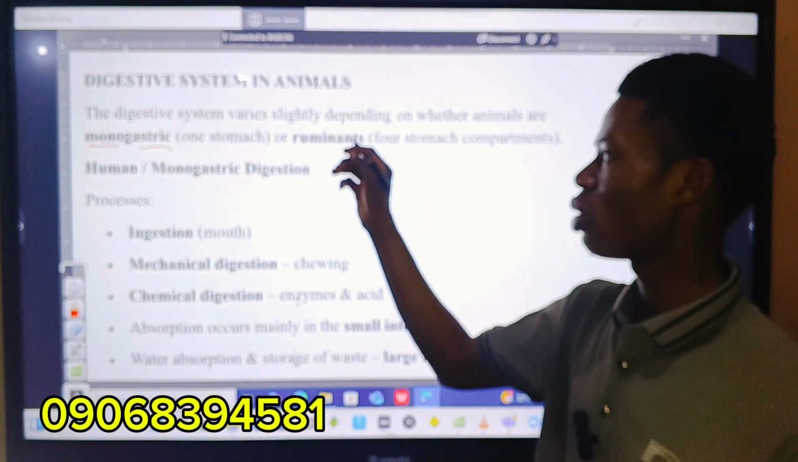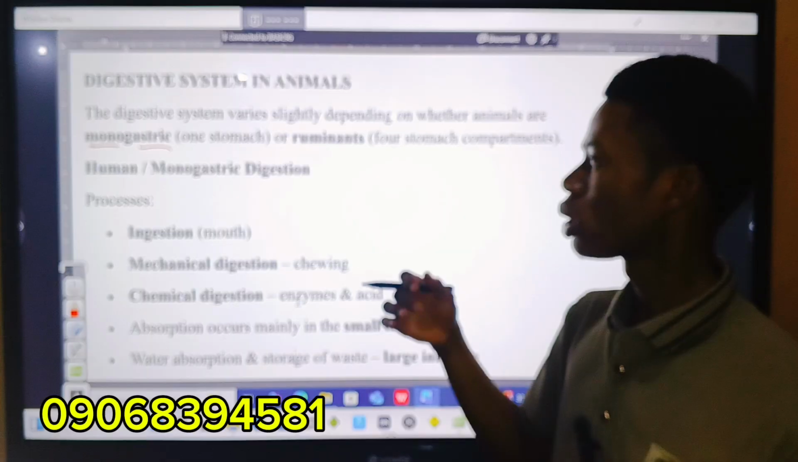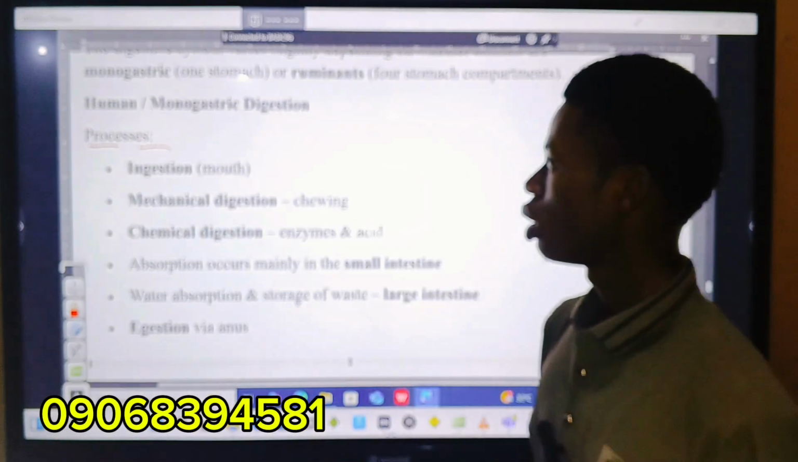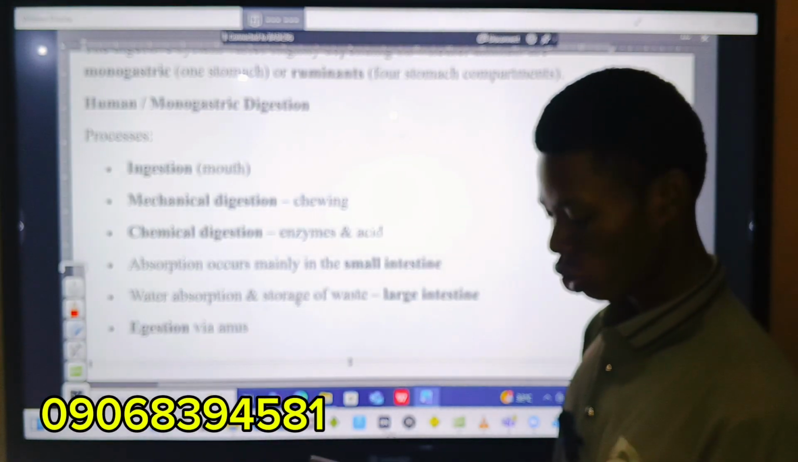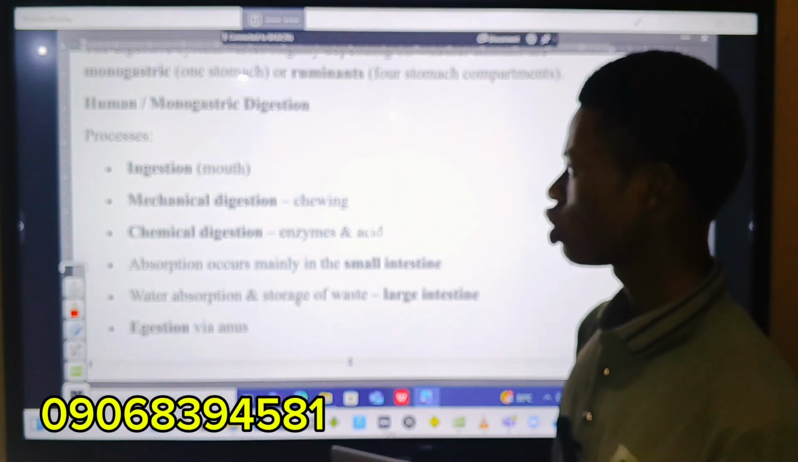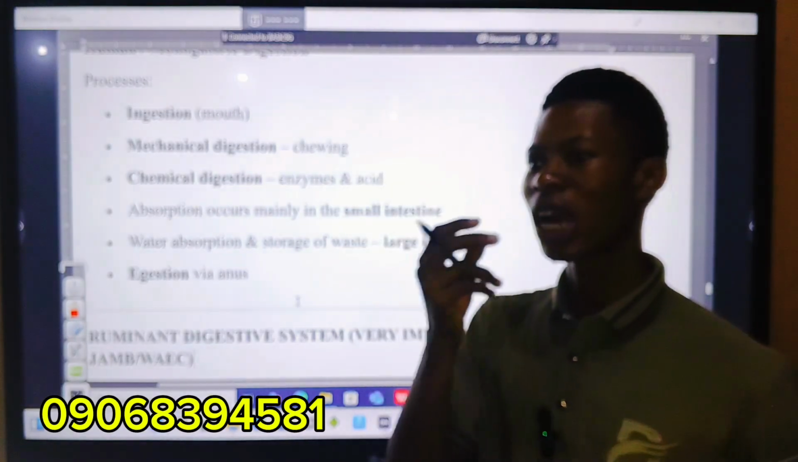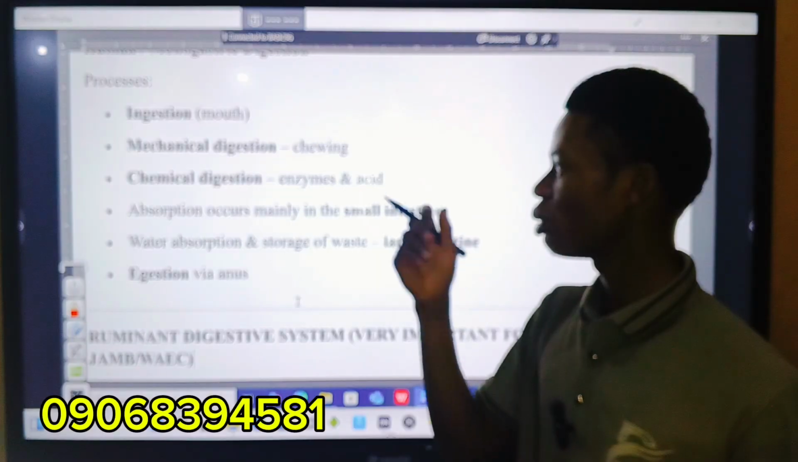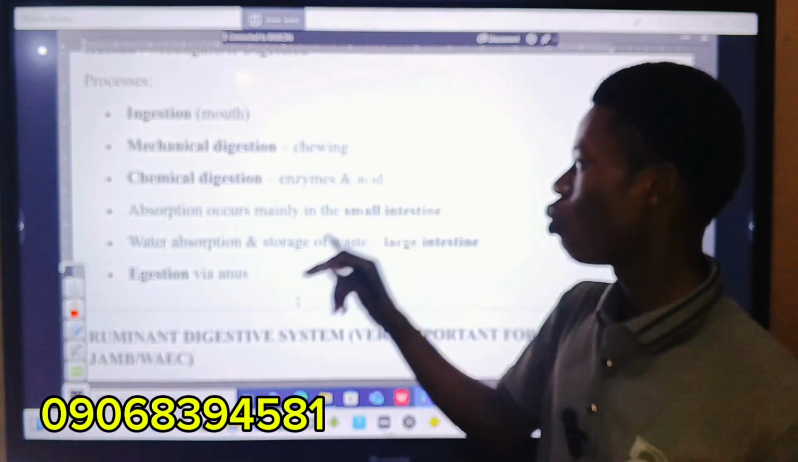Ruminants, herbivores, have a 4-compartment stomach. Now, human beings have just one stomach. So we are monogastric. And our digestion starts from the mouth. That's ingestion. Then the mechanical digestion that happens in the mouth. We start chewing. Mechanical digestion. Then there's chemical digestion also in the mouth, where